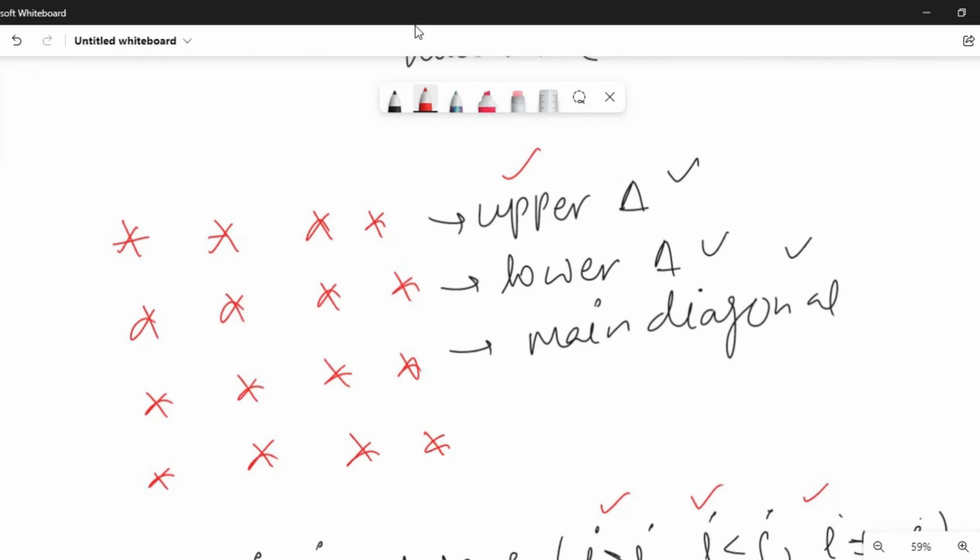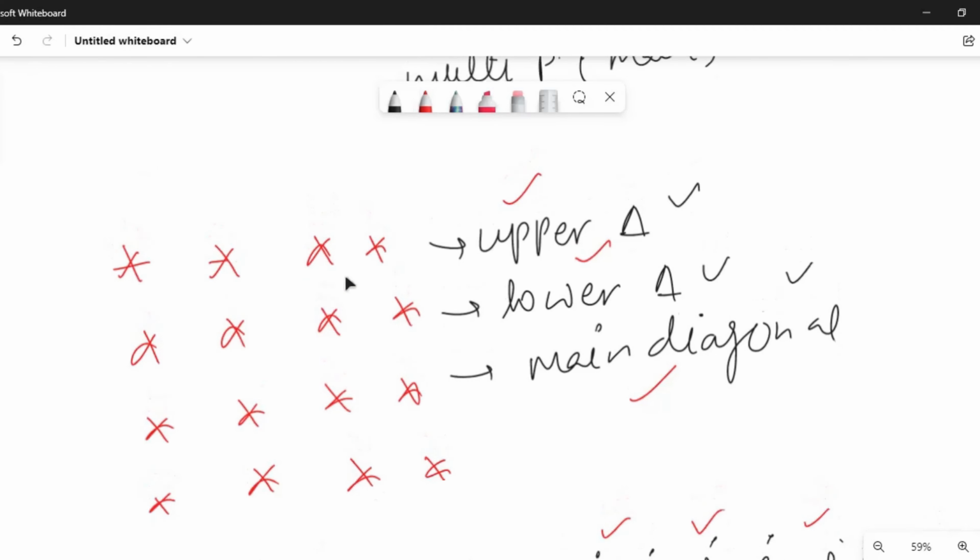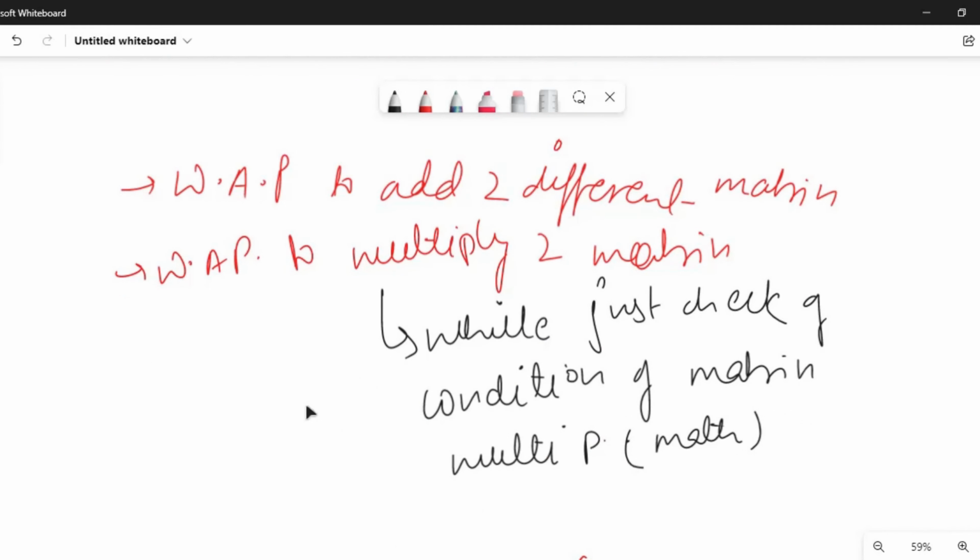So I request you to try these three questions, and after that try the above two questions which I have given, and please put down your code in our comment section. In case you are not able to solve them, just drop a message in our comment section and I'll provide you the code for how you can solve this question. So this was all for the 1D and 2D array. This was actually the fundamentals of this, so I request you to please practice a lot of questions on it so that you can gain confidence.